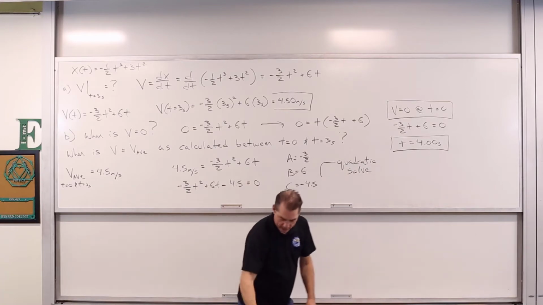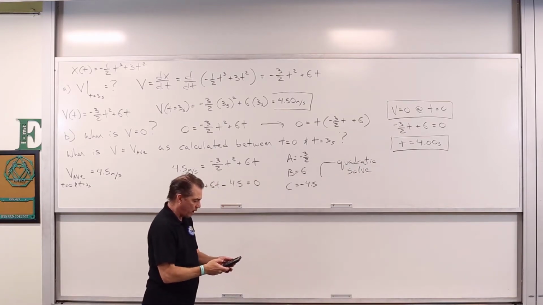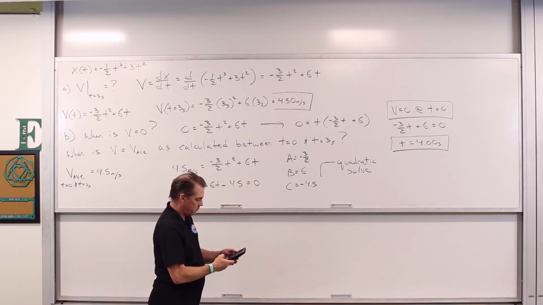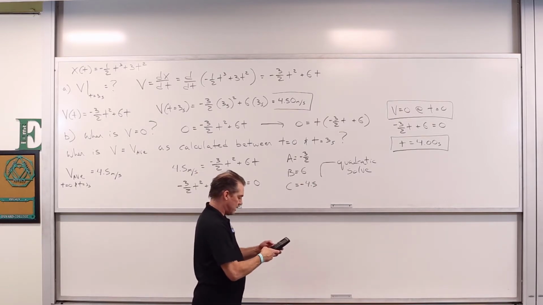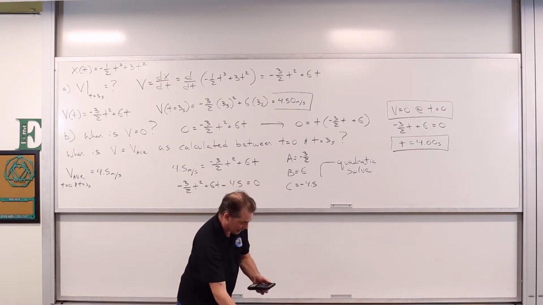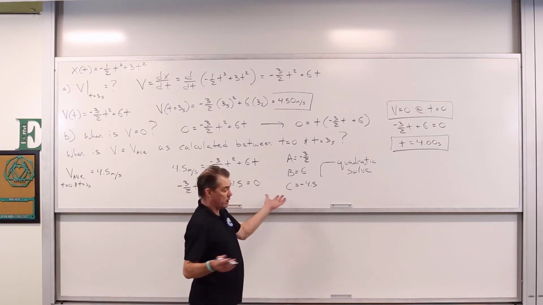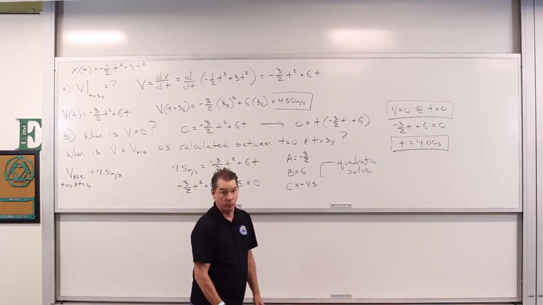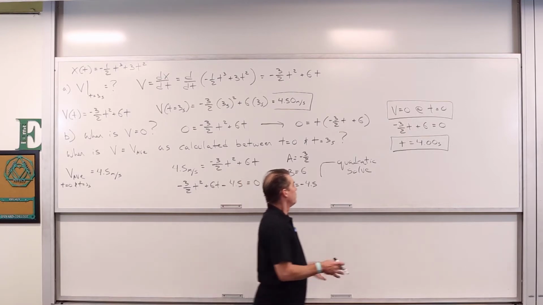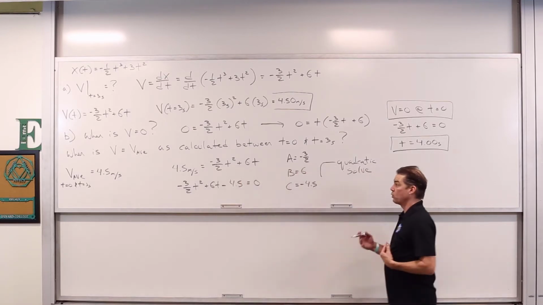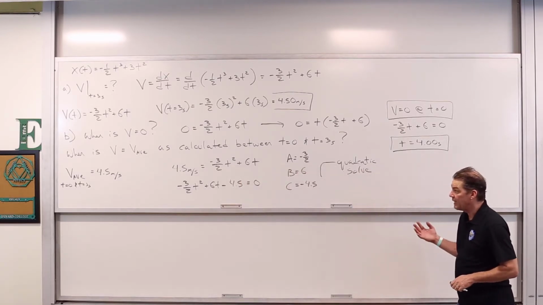So we quadratic solve this out. Maybe you have it programmed, and maybe you don't. Hopefully I do right now to expedite things, but we've got negative 1.5, we've got a 6, and we've got a negative 4.5. Grand. And what do I get out of this? I get 2 different times because, well, it's quadratic. And both happen to be positive, which is good. None of it's imaginary, which is good,